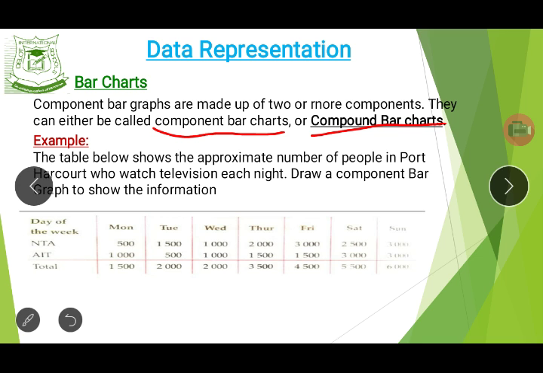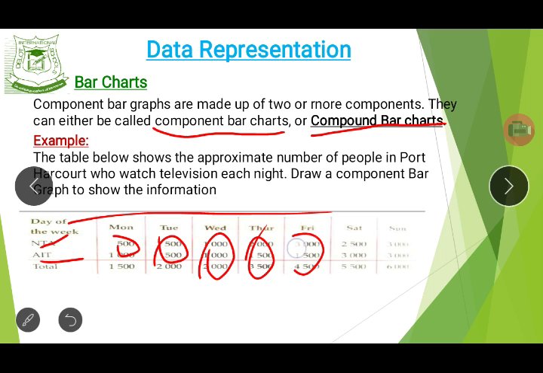Now the table below shows the approximate number of people in Port Harcourt who watch television each night. Now look at this. Draw a component bar graph to show the information. Now we have the days of the week here. We have the TV station, we have another TV station, we have the number of people who watch on Monday for both, we have the number of people who watch on Tuesday for both, we have Wednesday, Thursday, Friday, Saturday, and Sunday. All right,